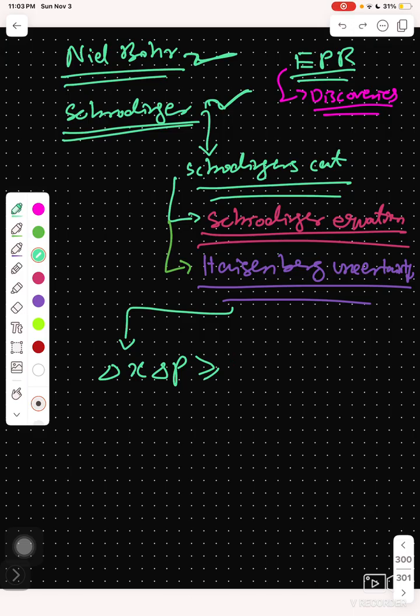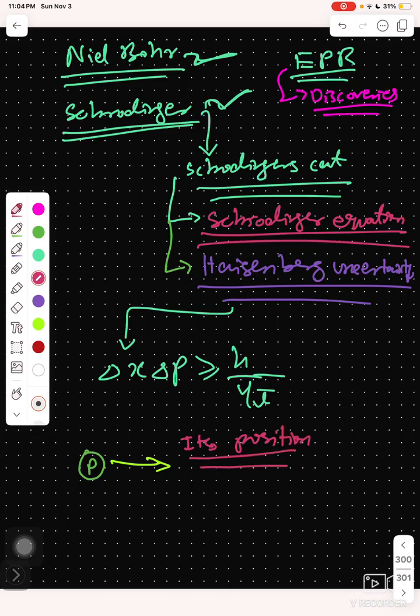Let's suppose we have a particle, and we know that it's moving in this direction. When it's moving in this direction, we don't know its position. In layman's words, that's what I'm saying. If I were to say it in proper quantum mechanics, I would say what